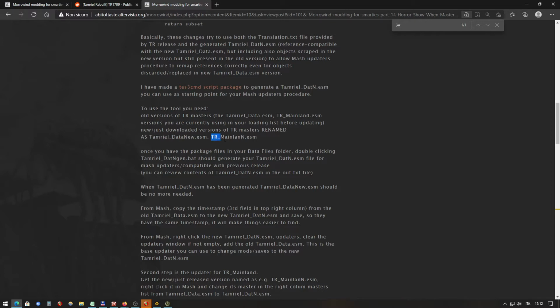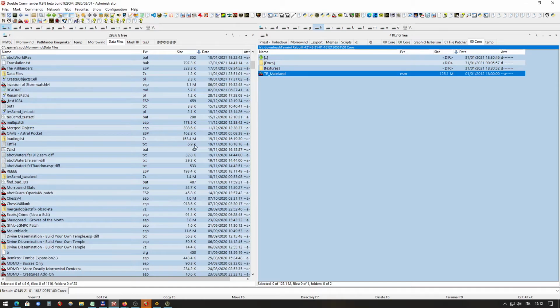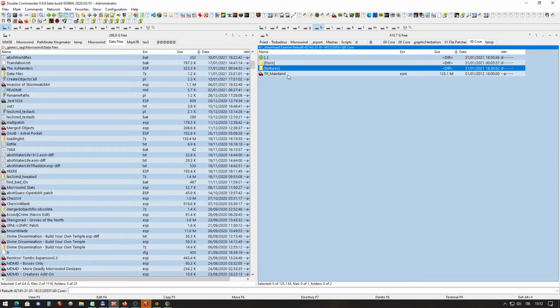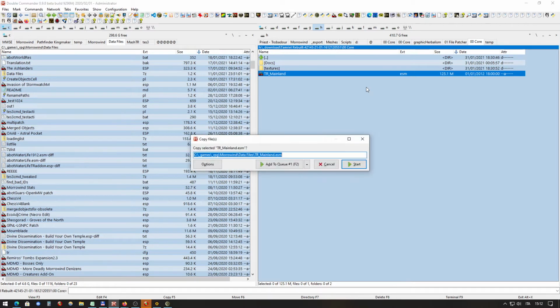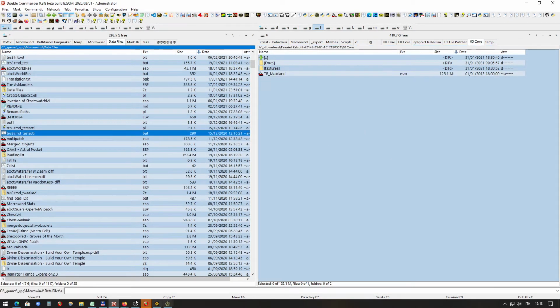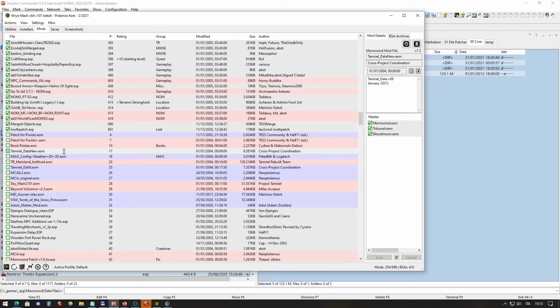So anyway, we will use this new name for the new version. So we copy it, and when we are going to copy the file to the data files folder, we press our key to do the copy, but before actually starting the copy, we change the name like this. So the file name is different, and it is this one. So we start the copy,